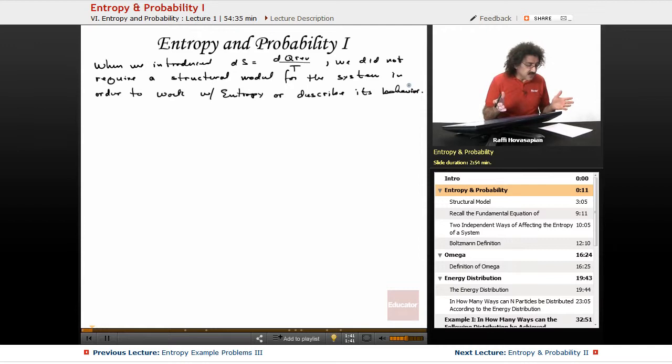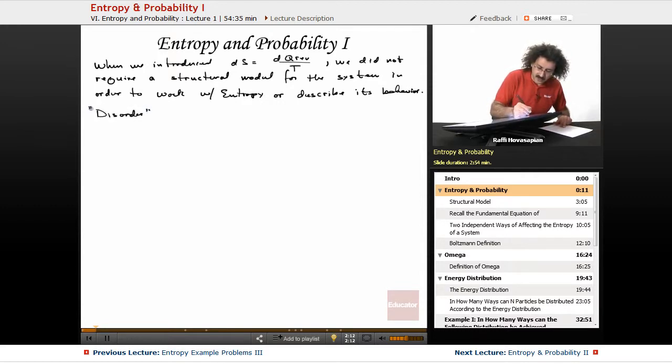The only thing that we really did was casually refer to it as a measure of the disorder or randomness of the system. And I still think, in my personal opinion, that disorder and randomness is actually a great way of thinking about entropy. But now we're going to define what we mean when we say disorder and randomness. We're going to quantify it. We're going to come up with some numerical way of explaining what this disorder or randomness is. Okay, so when I use the words disorder and randomness,